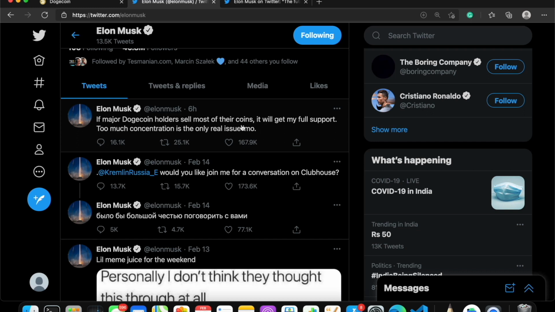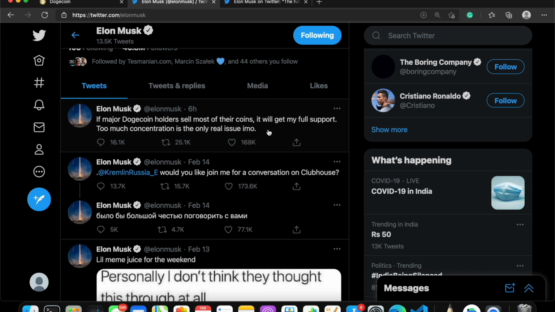What he's saying is there is some person holding around 20% of the Dogecoins, which means that if he invests some money into Dogecoin, say for example 100 crores, almost 20% of that money will go to the person who is already holding it, right?